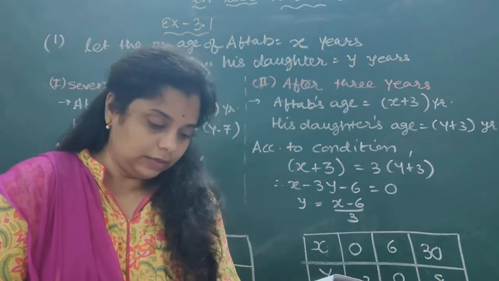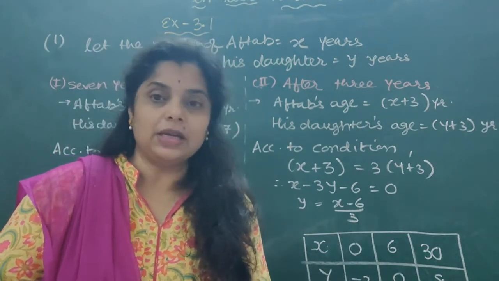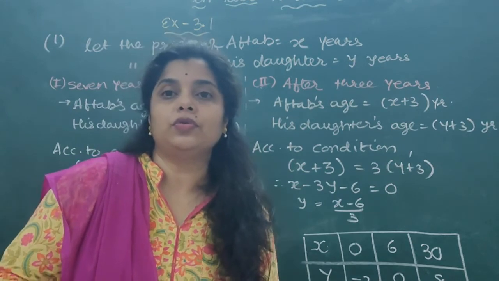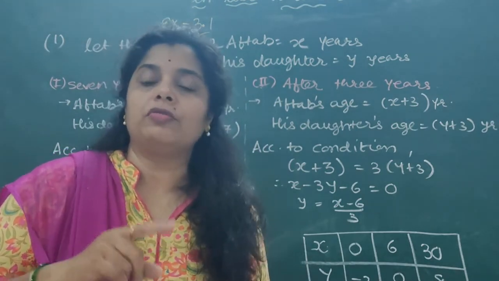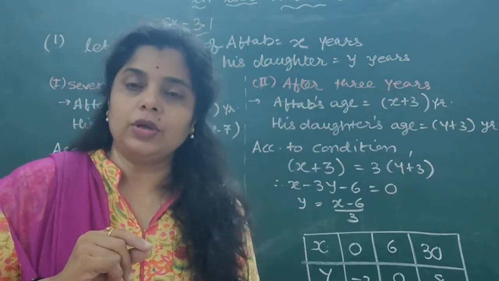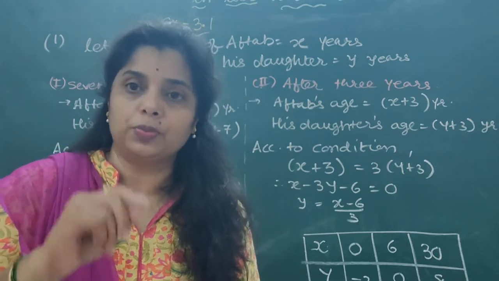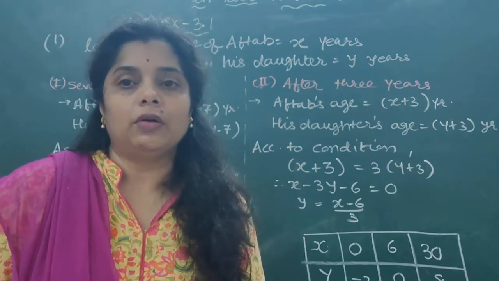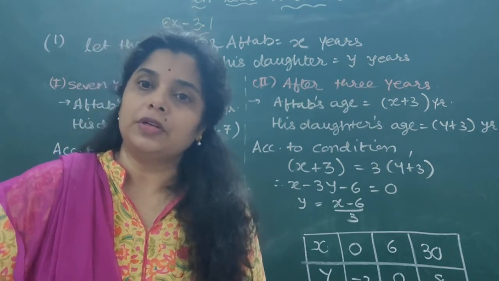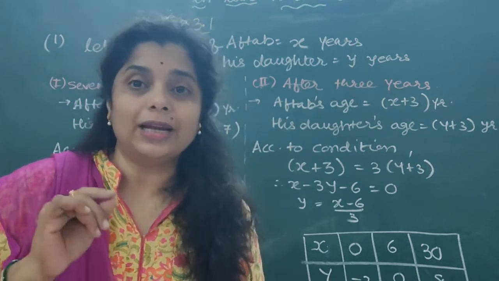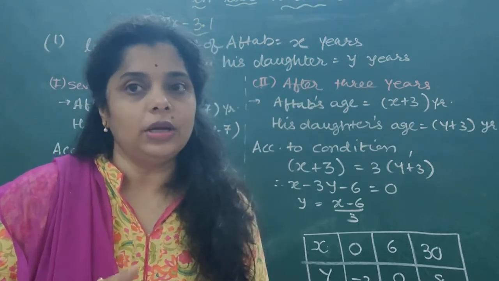Isn't it interesting? Now represent this situation algebraically as well as graphically. It means you have to first obtain the pair of linear equations, make a table of variables x and y. Once you put any one value of x or y, you will get the value of the other variable vice versa. And after getting points, you have to plot the points of each linear equation on the graph.